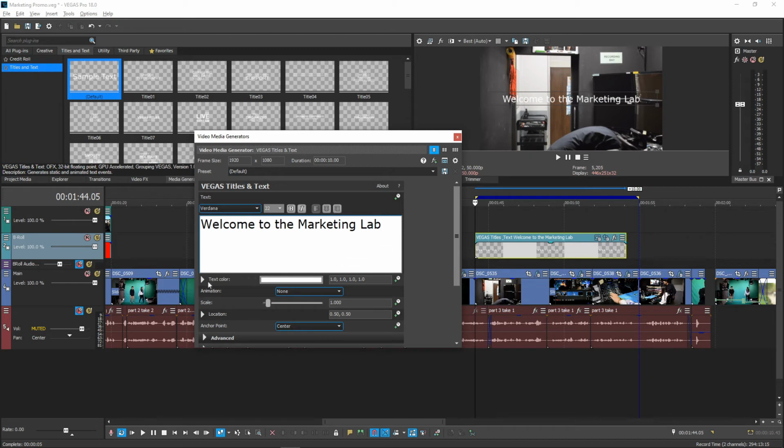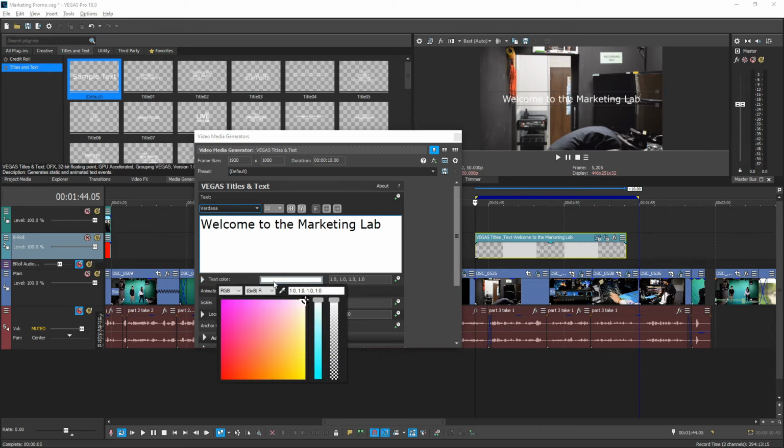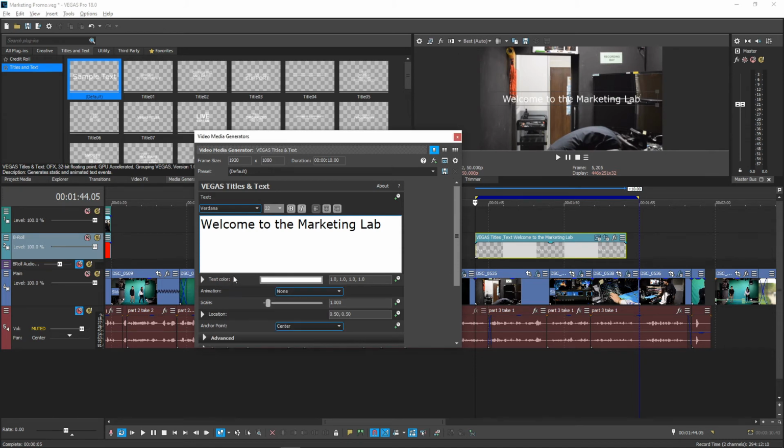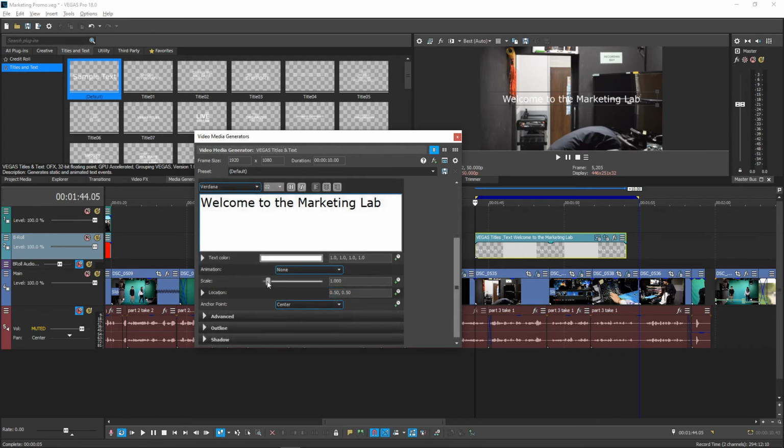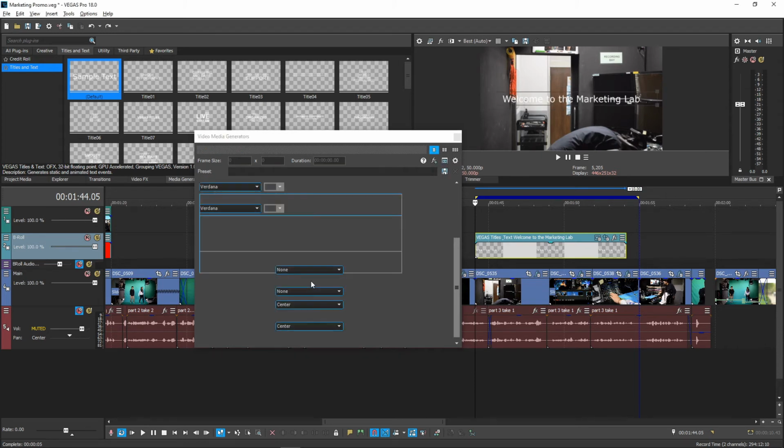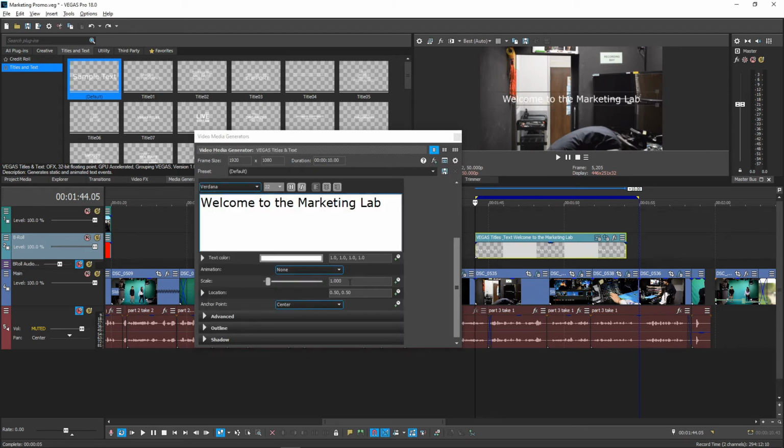Text color selection works the same way as the solid colors we discussed earlier. And the animation drop-down menu has lots of choices if you want your text to move. Scale here means to make larger or smaller. But again, it may get cut off, so I would scale later inside the pan crop tool.